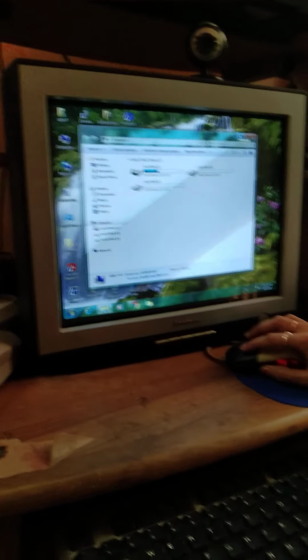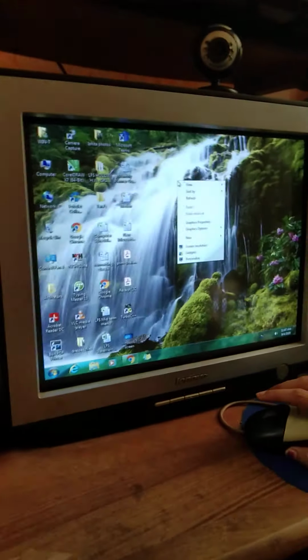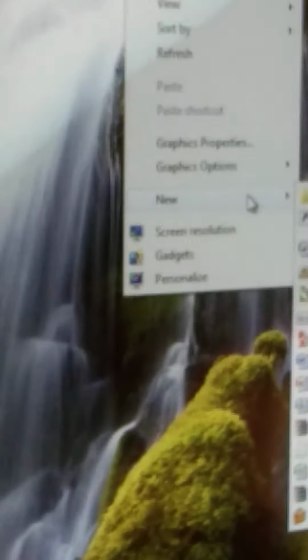And so let's now see how to make a file and folder. If you right click on the blank area of the desktop, you get the option new, and then you click on this and then you will get one more drop down menu. From here you can select the folder and a new folder will be created. Now you can give name to it, class 4, and then you press enter, so it will be named.